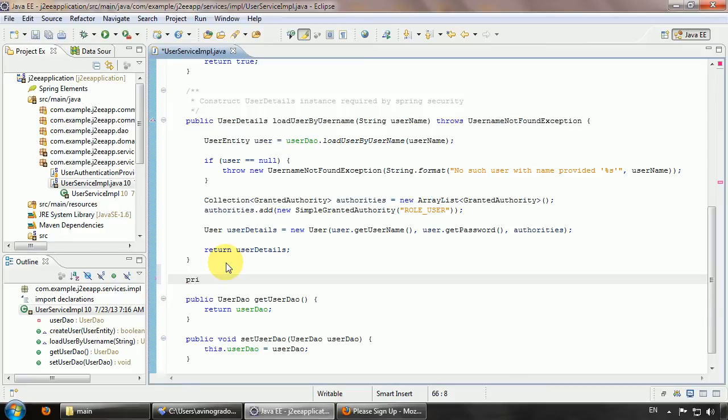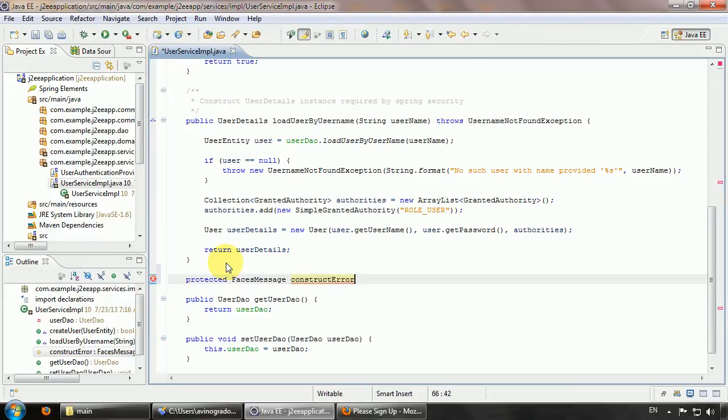I will add some private methods, or actually let it be protected in case we need to extend this class for overriding some functionality. So protected, which returns FacesMessage,